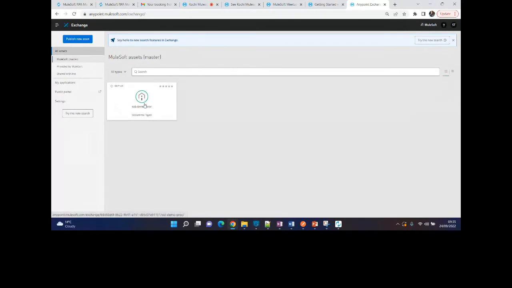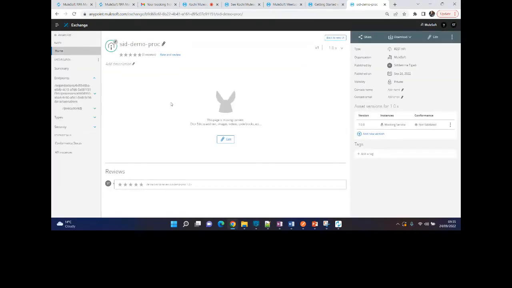For example, this has been created here, and it has also come in with all its details. It's like a standard REST API, and you can also download it as a Mule 4 connector.